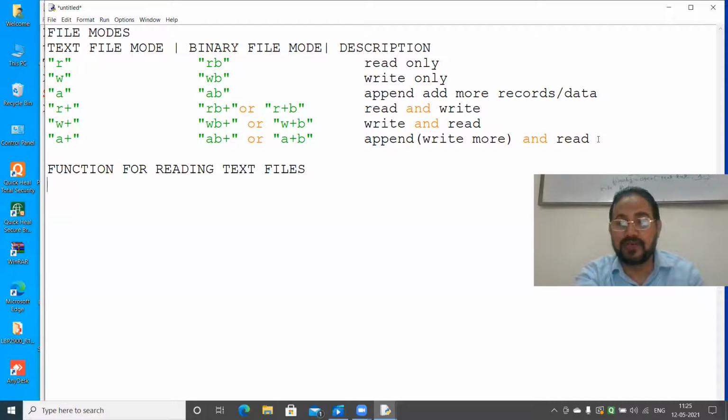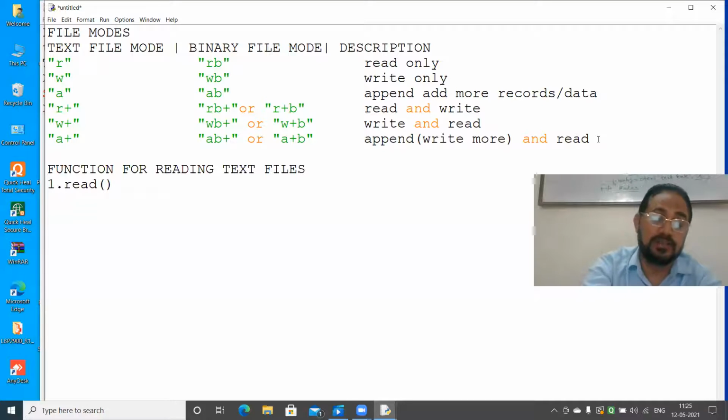Python provides a number of functions. Number one, you write read. This is a very common and very useful function. If you see the syntax of it, what you have to write?